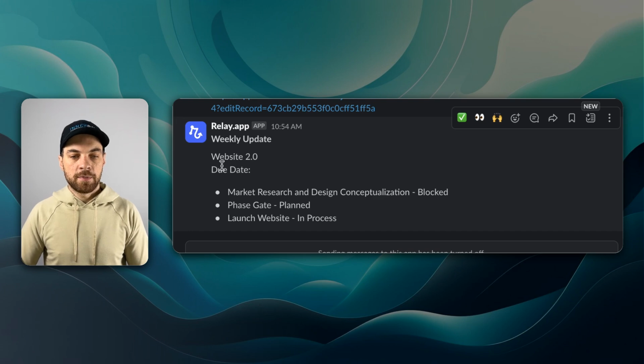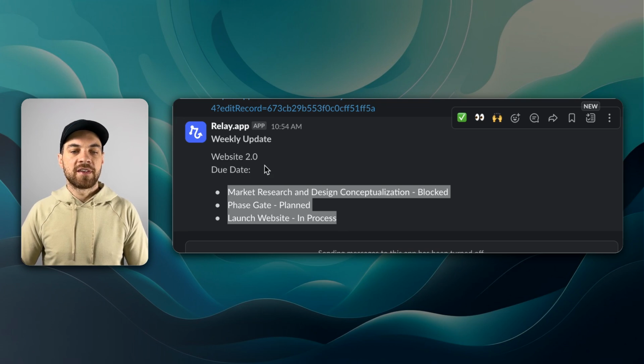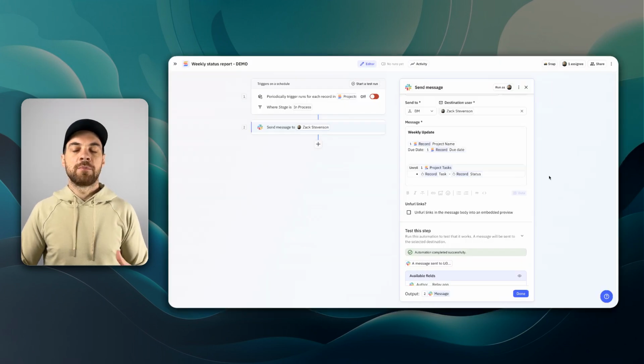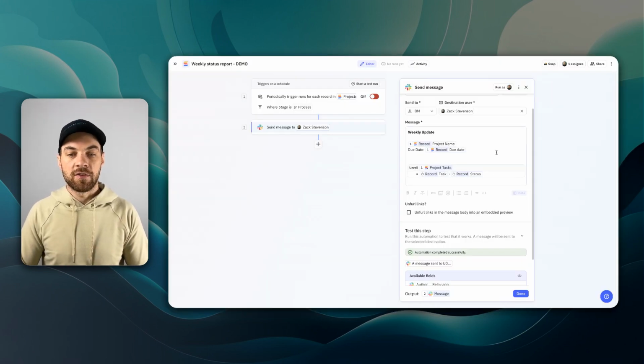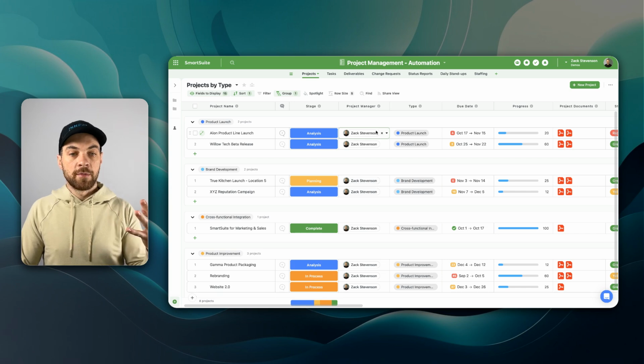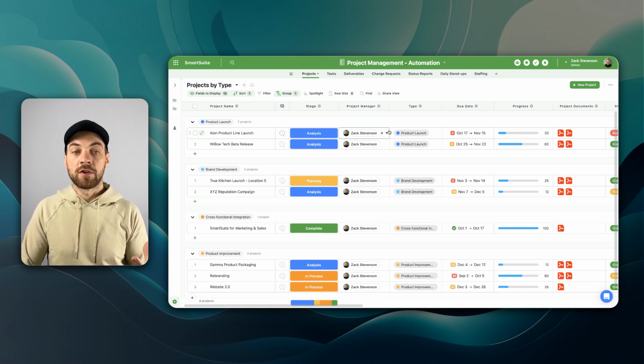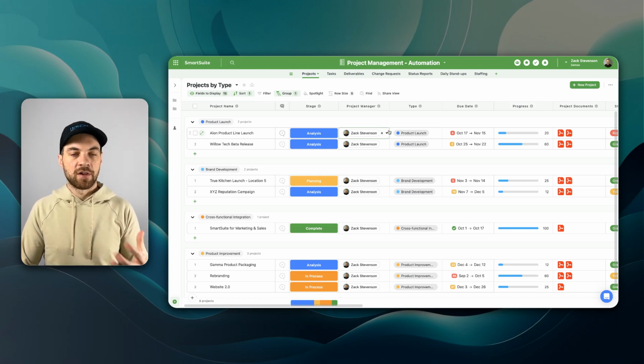We got our weekly update. It gave us our project name, and it's passed in all of the tasks that are linked to this project with the task name and the current status. We can pass in any other information that is required as well. That's automation number 3. And automation number 4, our last automation for this tutorial, is sending out a survey to